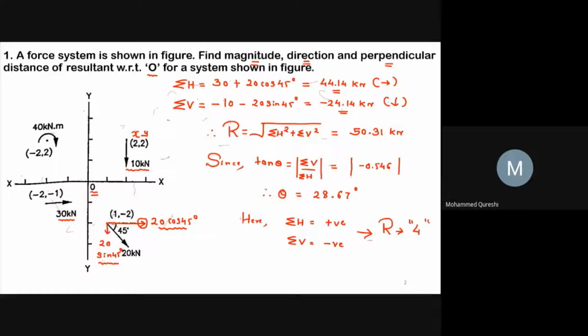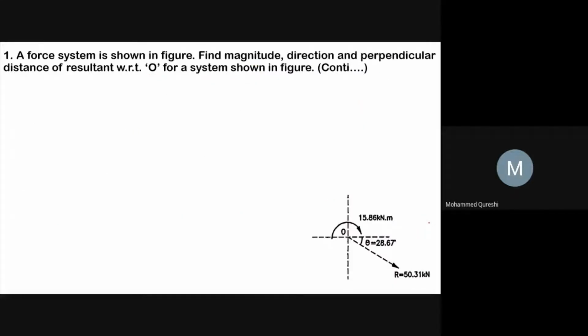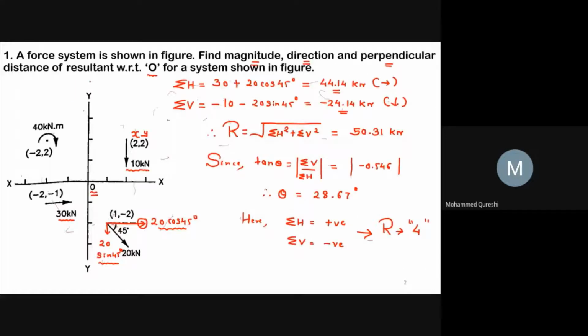So, now we will go for finding the perpendicular distance of the resultant force with respect to point O. So, let R be at a perpendicular distance x from point O. For that, considering the moment about point O, let us show in this figure. Your first force is